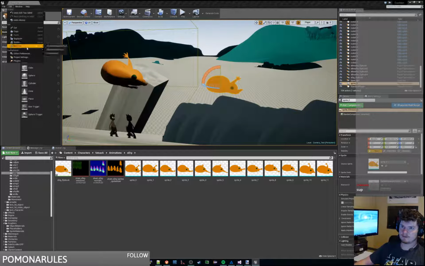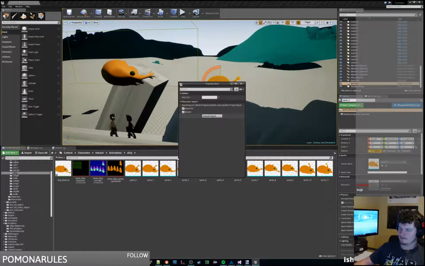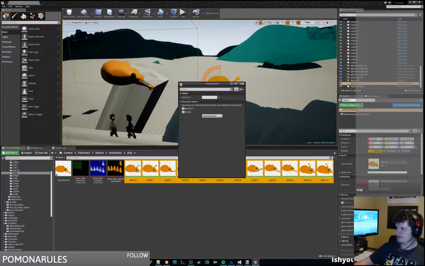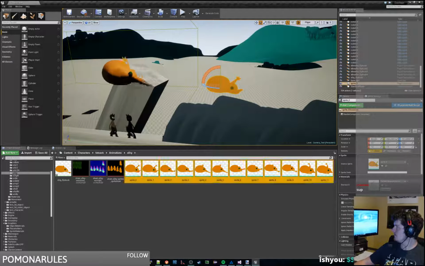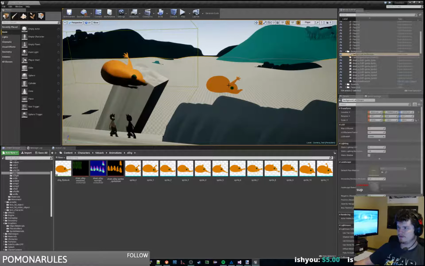Let's re-import this stuff so that we all have sprite sheets, and of course